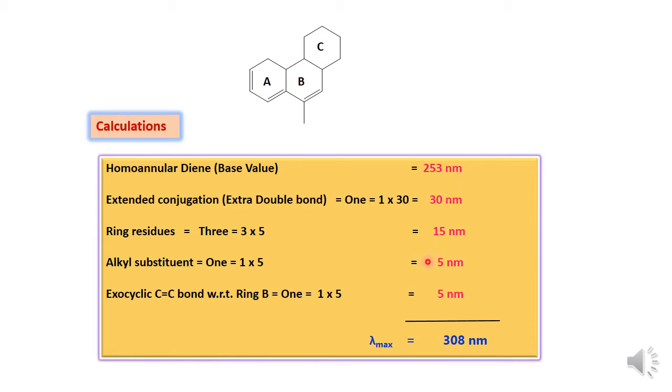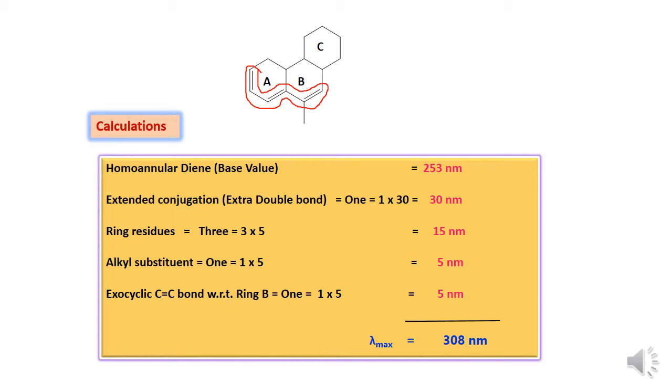Then we have to locate the entire conjugated system. We have to trace the entire conjugated system. So we will see this. It starts from this ring A like this, and it is extended over to the ring B. This is the last carbon. So there are three double bonds. They are in the conjugation, and thus we have traced the entire conjugated system. Then we have to look for the substituents, ring residues, extended conjugation, and exocyclic double bond. So first we will see the substituents